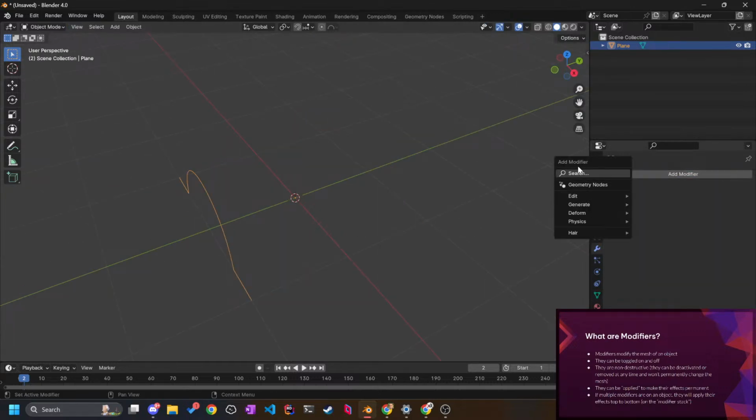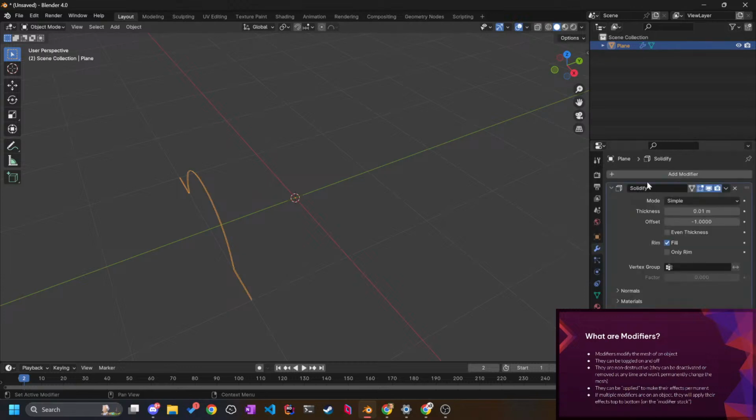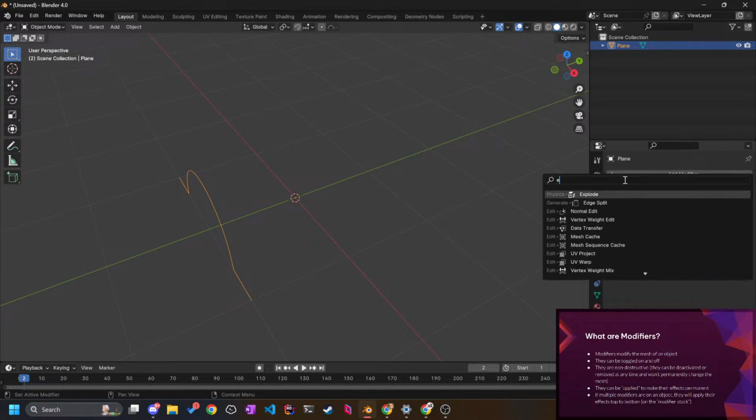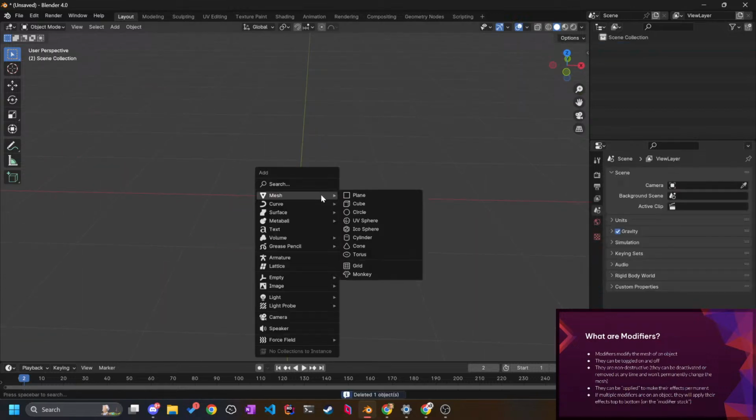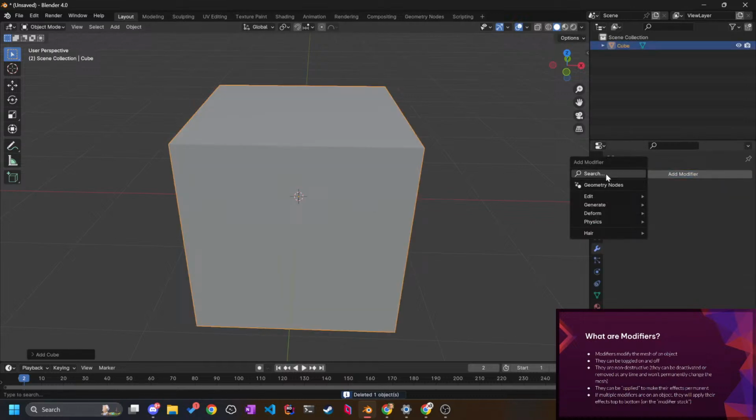Now we'll add a solidify modifier. Oh, that's not what I want. Actually, no, you can't use solidify. This is a bad example, but anyway, the point is that if I take a cube,